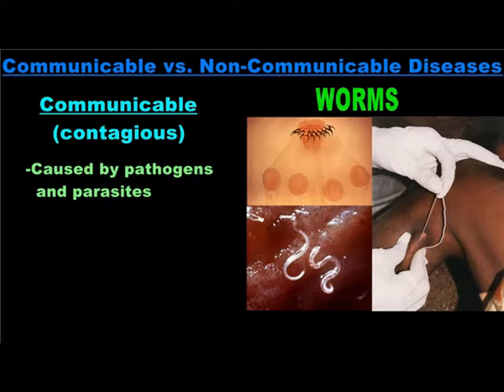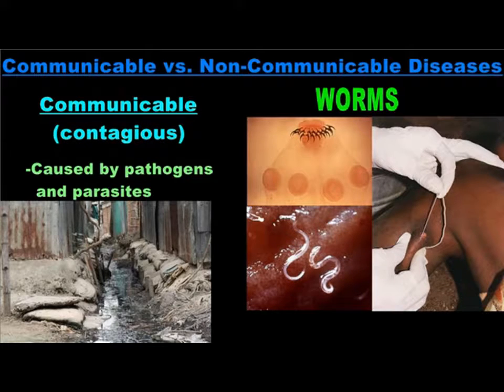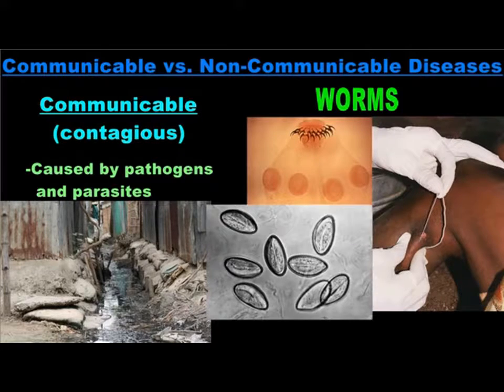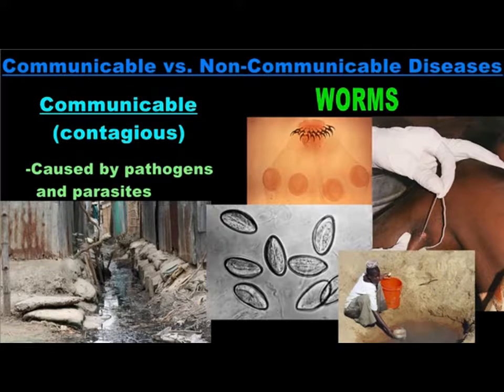In most cases, worm parasites, like those just mentioned, are spread when the feces of an infected person contaminates soil or water in areas of poor sanitation. The feces contain worm eggs, so if another person happens to drink the contaminated water or walk in contaminated soil, the worms may invade their bodies.